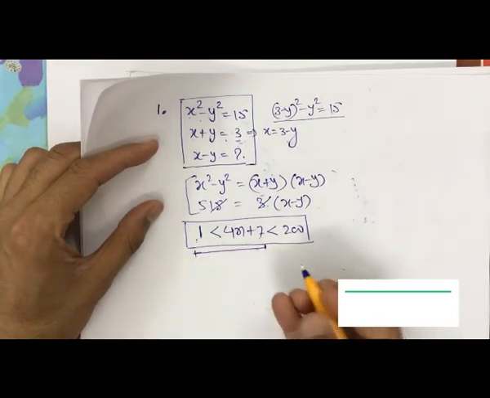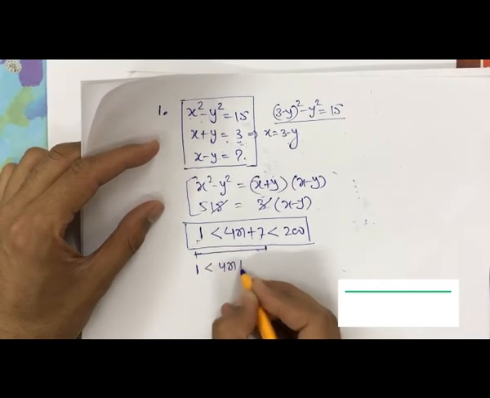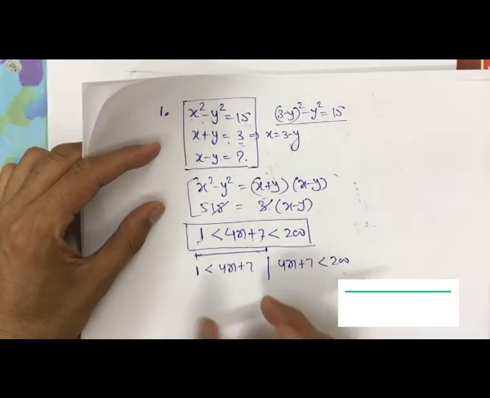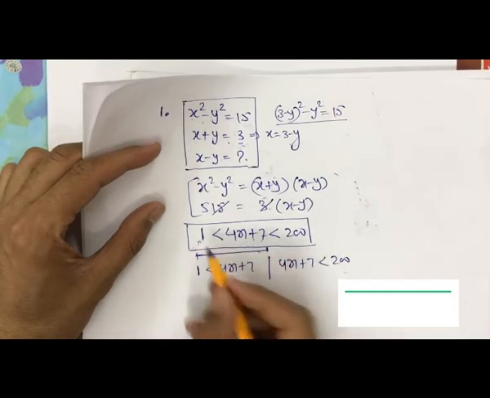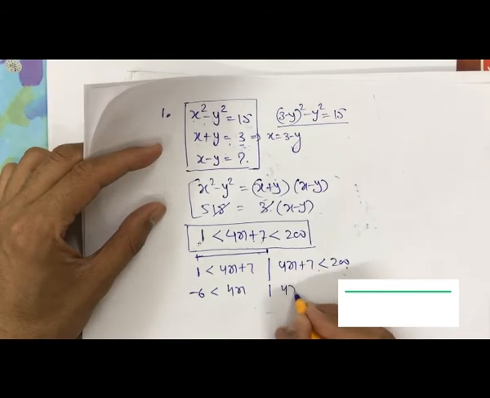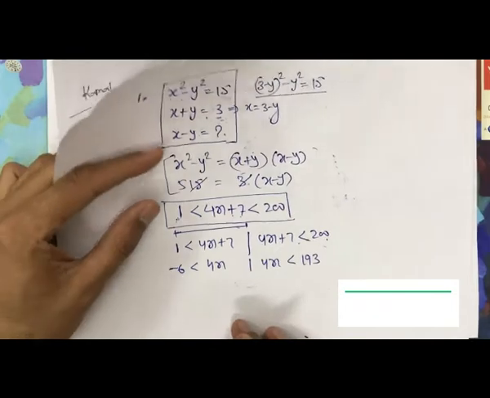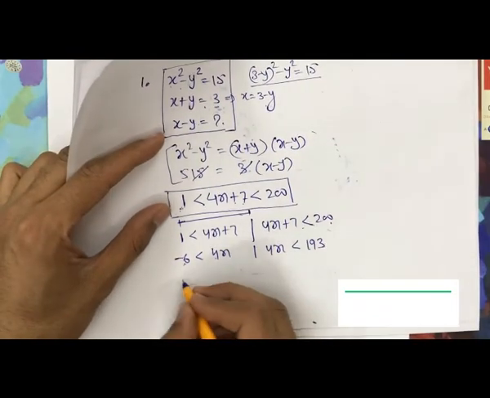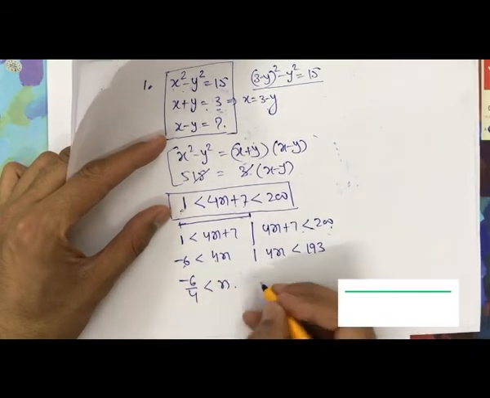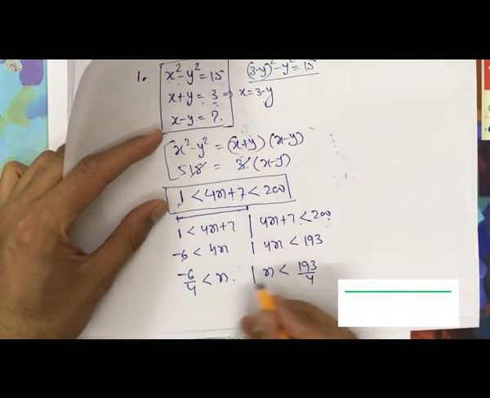आ जाएगा। तो ये क्या हो जाएगा, 1 minus 7, मतलब आप कुछ इसको ऐसे कंसिडर कर सकते हैं, 1 less than 4n plus 7 और 4n plus 7 less than 200। दोनों को अलग अलग या एक साथ भी, तो 7 को इस साइड लाएंगे तो minus 6 less than 4n, 7 को इस साइड ले जाएंगे तो 4n less than 200 minus 7, that is 193. Now divided by 4, so minus 6 by 4 is more than, ये आपके पास है less than n, और फिर ये आ जाएगा n is less than 193 by 4।